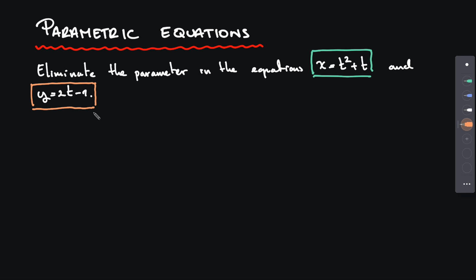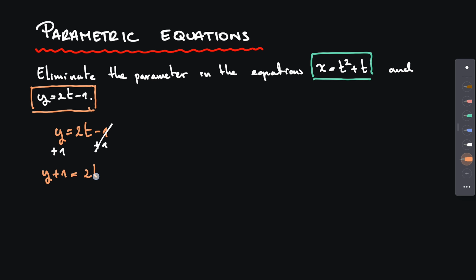Okay, so now, if you look at them, you notice that this one is a little bit easier. This is like a linear, and this is quadratic. So this one is going to be easy to manipulate. So we're going to take this one and we're going to isolate t. So we have y equal to 2t minus 1. And we're going to isolate t. So if we are subtracting 1, if you remember, we need to add 1 on both sides to get rid of this one. So we get y plus 1